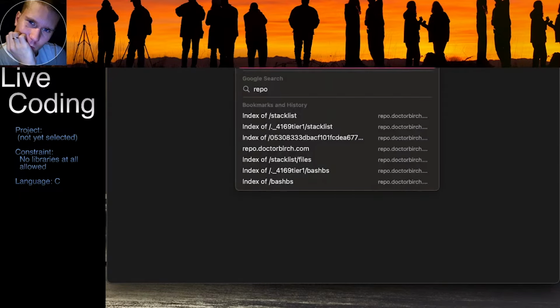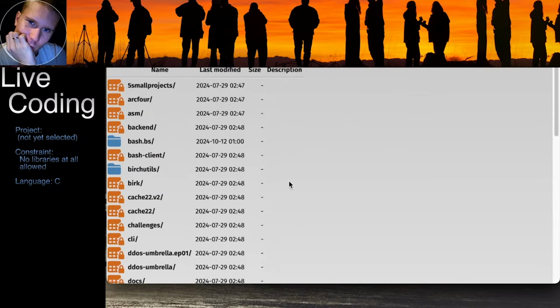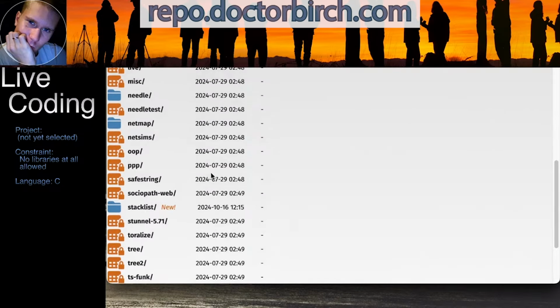And before we start, I want to show you the repo. Not everything is available unless you're a member, but some things are. And I will be using my own library, BirchUtils, which has a couple of functions that I basically use in every project. I will also be using this bash bs, which is my new build system. I made an episode of it like a week ago, and it basically creates a new C project from a template, so I don't have to rewrite the exact same code every time. And there's also a couple of other stuff here at